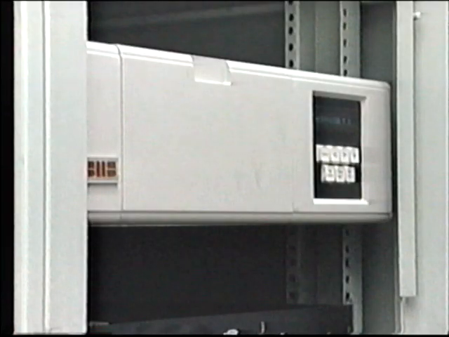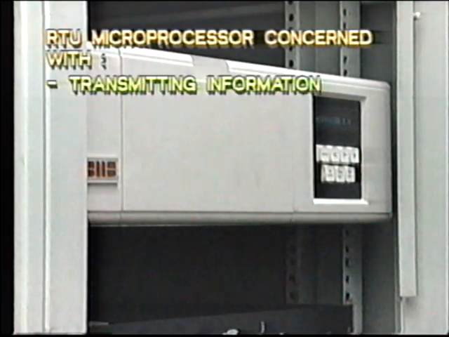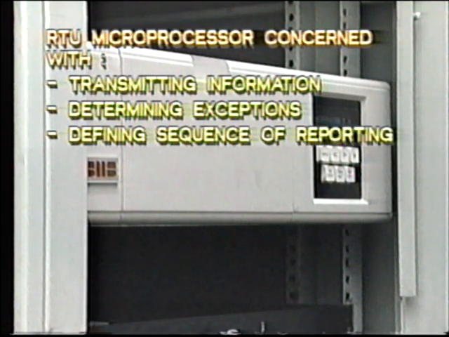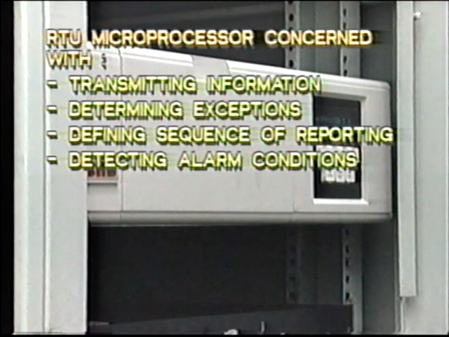These circuit boards, that is, analog input, status input, pulse accumulation, and control outputs, are all connected to the RTU microprocessor, which in turn controls the operation through software. This is mainly concerned with transmitting information from the RTU memory to the master computer when requested, determining which particular values are to be reported as exceptions, defining the sequence of reporting, that is, alarms and change of status first, detecting alarm conditions by comparison with set points,